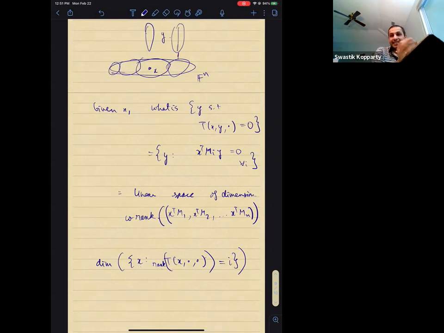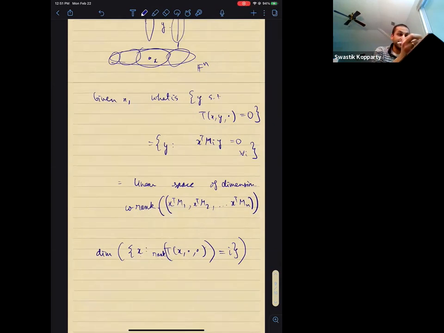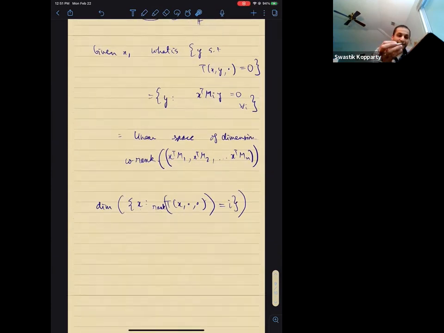And okay, just by studying these fiber dimensions, you can understand what the dimension of the whole variety is. So I will just write down a formula for this. The dimension of the set of all xy such that T of xy dot equals 0